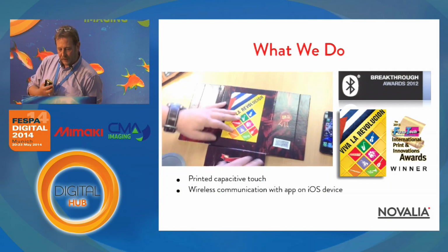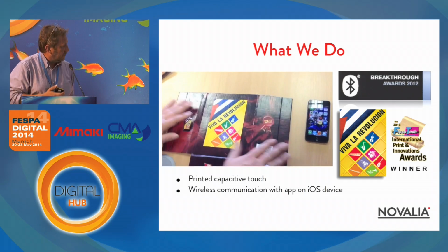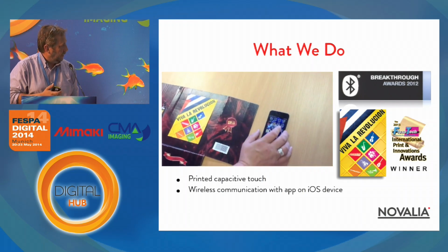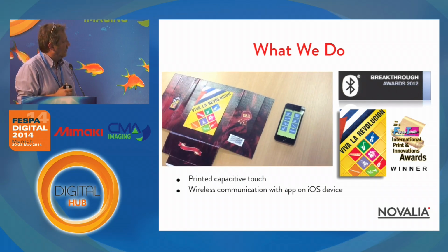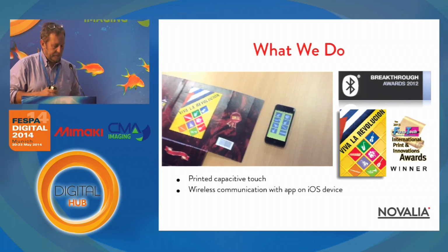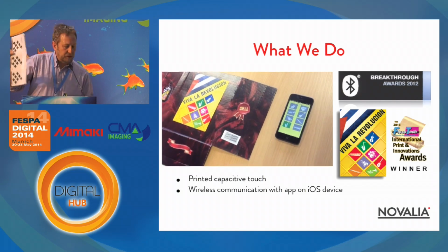We won a couple of awards for this one. This is a piece of flexographic print, a label just stuck onto the outside of a carton. In fact, we might need the volume up just a little bit for this. So here's a printed circuit. In fact, I'll pass this round. Here's a printed circuit that's